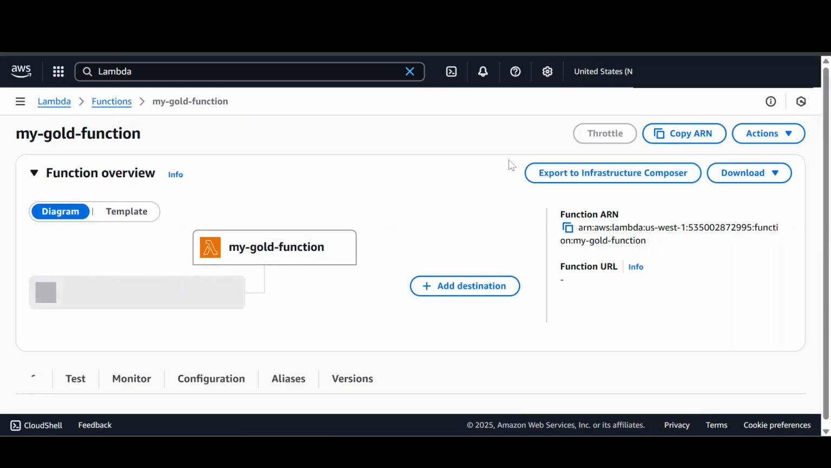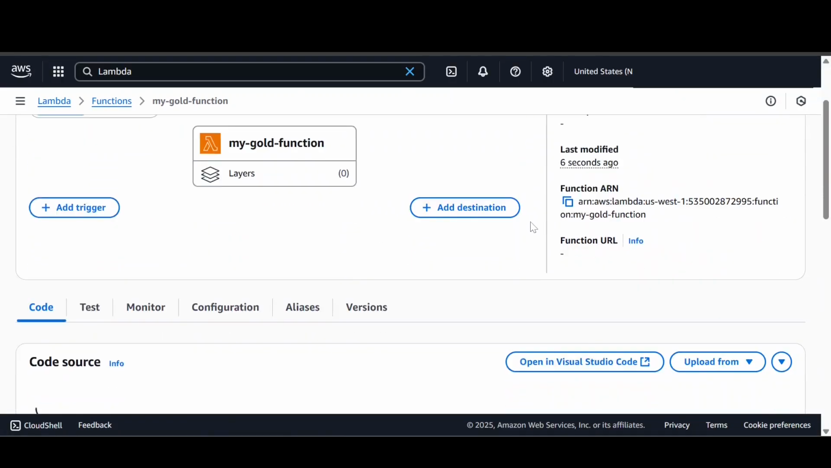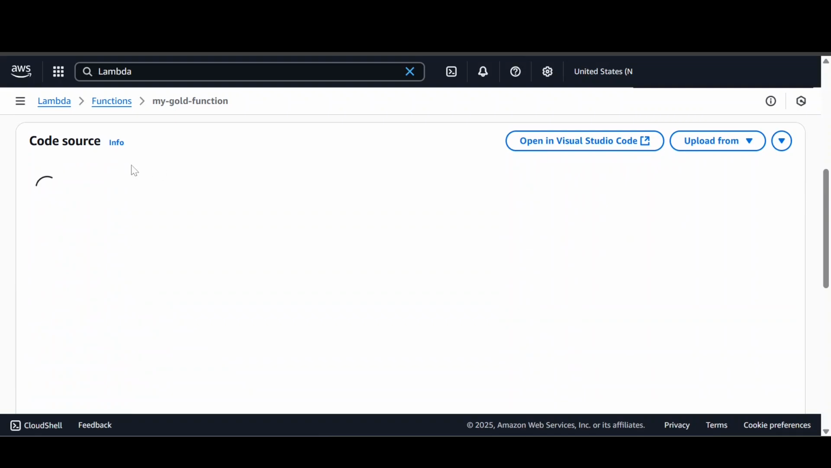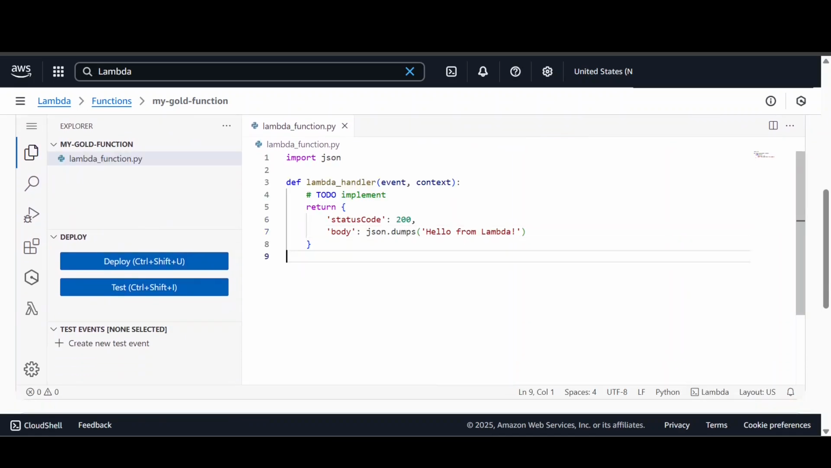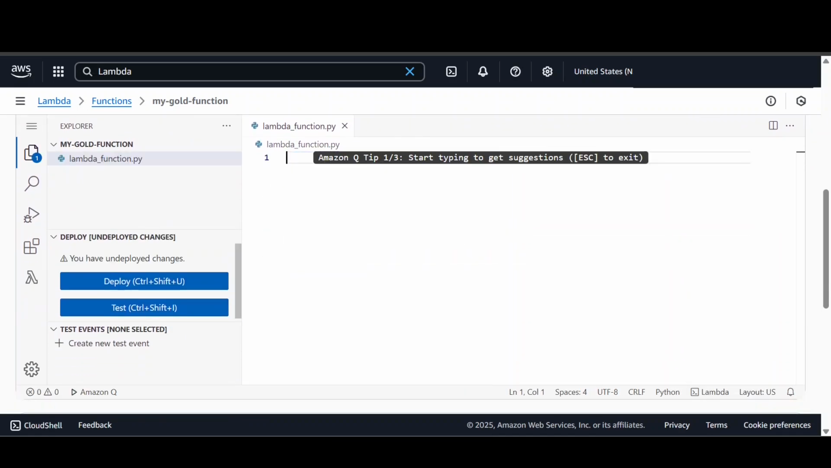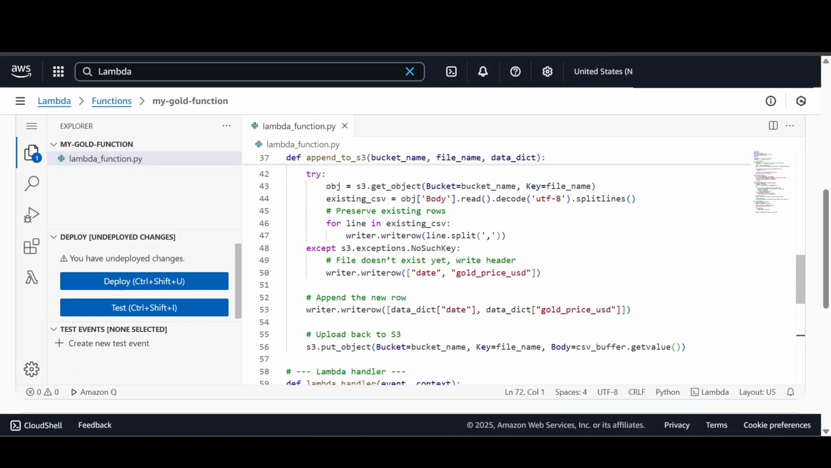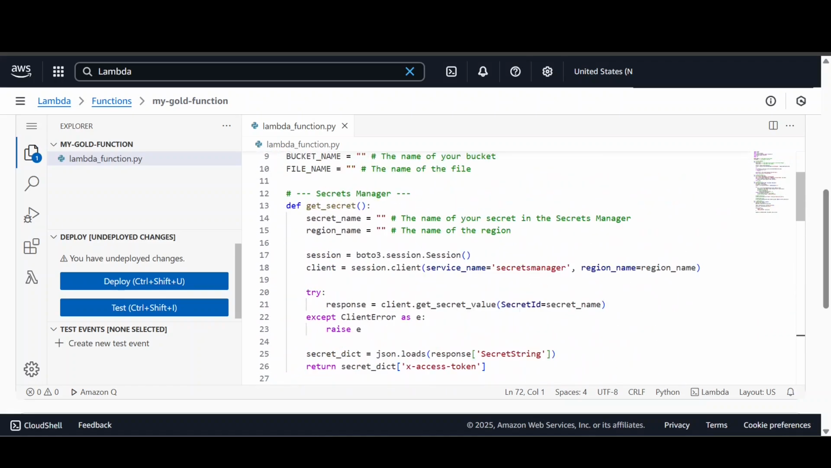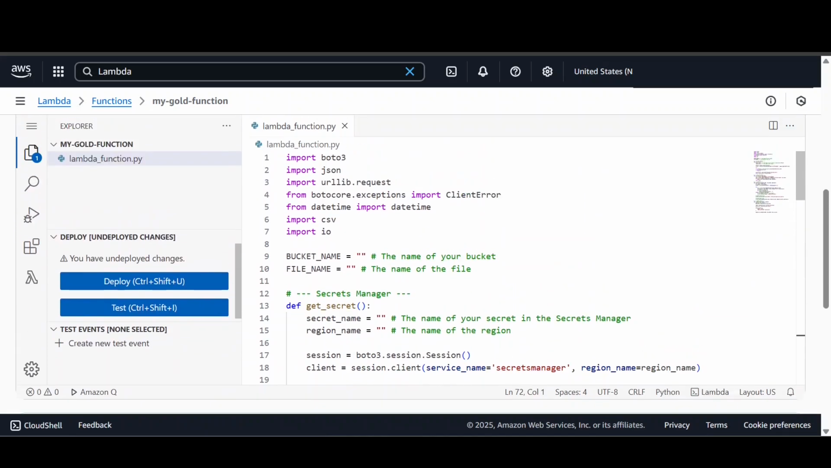After we're here and we have our function created, when we go downwards, we're going to look at code source. Now let's wait for it to load up. So now I have pasted a code that I have already written into this function. The only things that you need to change in that code, because I'm now giving you the blueprint, will be